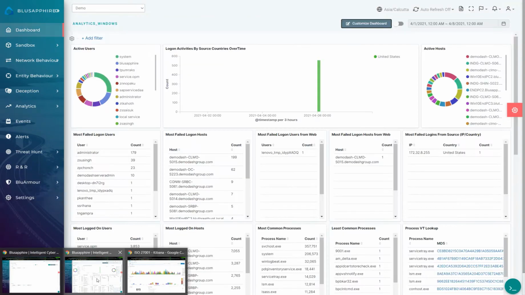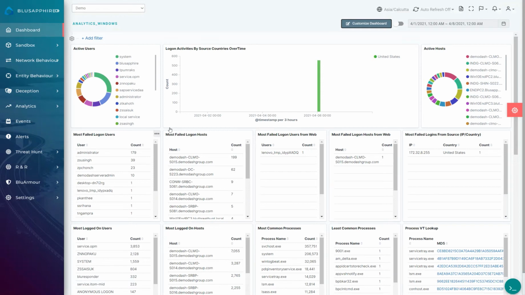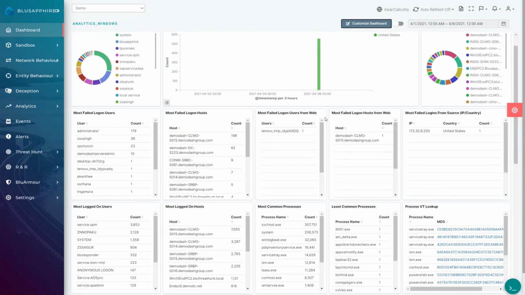Upon some real good dashboards that BluSapphire offers in terms of gaining high-level visibility in terms of audit and also analysis, here is a quick dashboard which gives a quick insight of the audit perspective of the Windows environment. The number of active users, the active hosts, the logon activities that are happening from the source countries over the time,